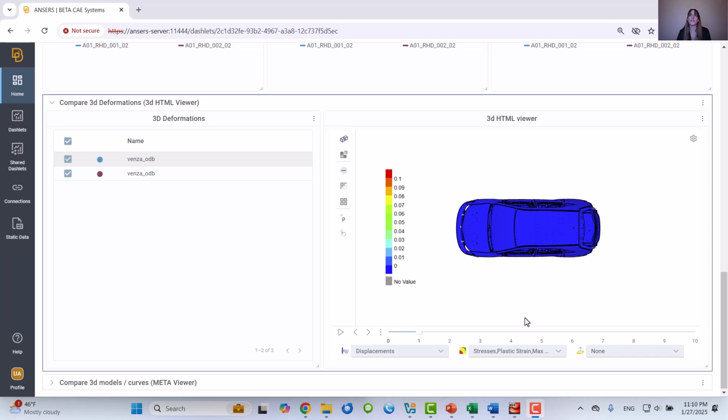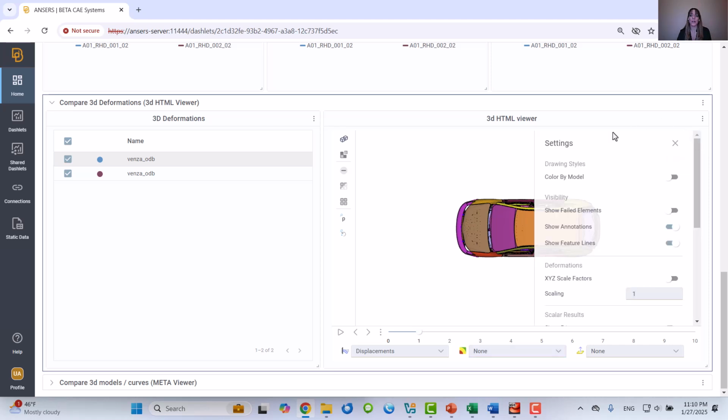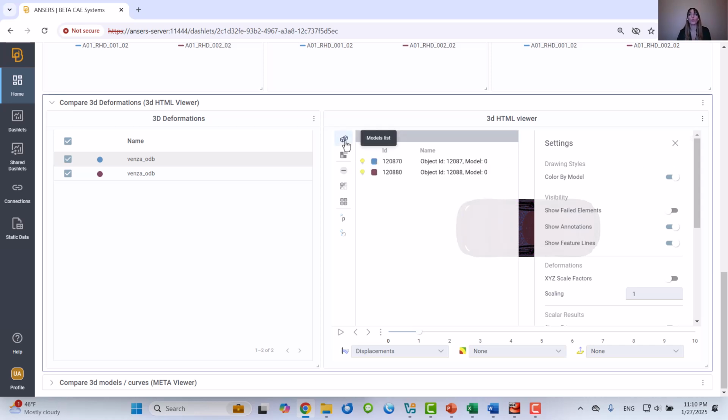In this release, apart from managing multiple models, you can assign colors to the 3D models. So let's deselect the results, and if I navigate in the upper right corner in the settings and press the color by model option, the models will be colored based on the colors that we have applied on the list panel.